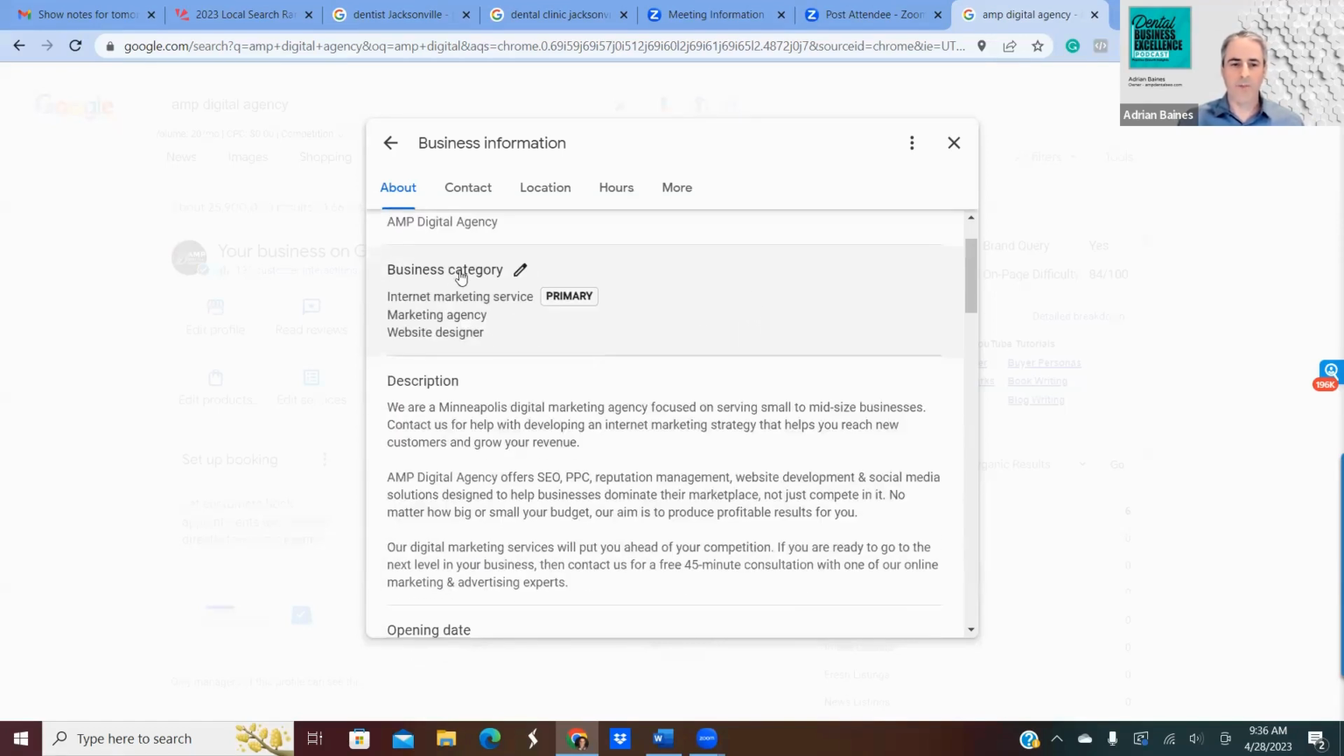Next thing is your business categories. So you want to make sure you're choosing the proper business categories. Now, this is something that we can help you with. I'm going to click into this. I'm going to show you what the proper categories are in a moment for dentistry. There are a number of them, but to get into this area and edit your categories, you just click on